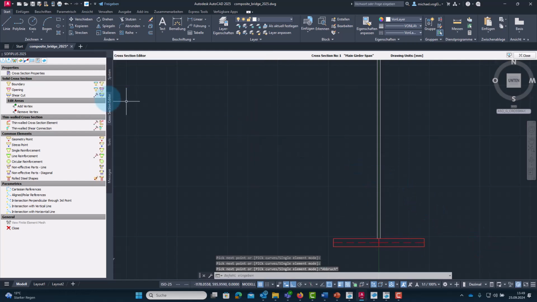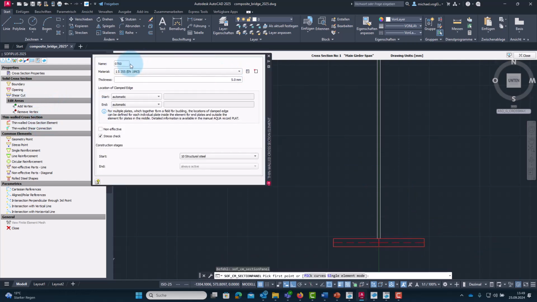Okay, and then we create the web. We name it as such, and it has a thickness of 15 millimeters.